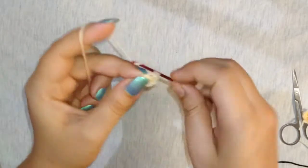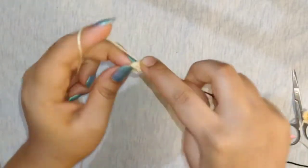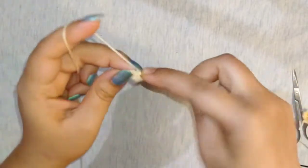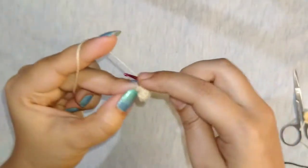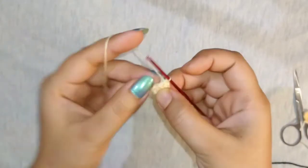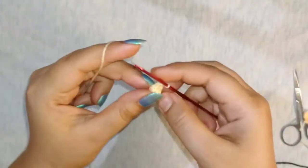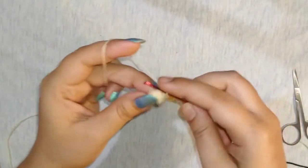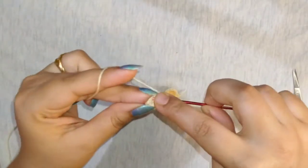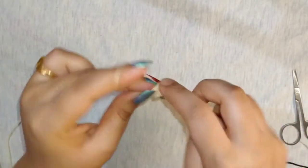Now for the third round I'll make 3 single crochets and then increase. Again 3 single crochets and the last increase. For the fourth round, I'm gonna make 1 single crochet in each stitch. In the third round there are 10 single crochets, so in the fourth round there will also be 10 single crochets. Now, I have already done the first leg and fastened off after making 10 single crochets,